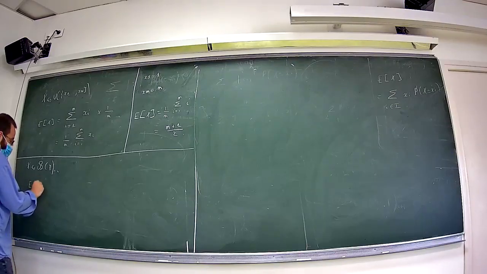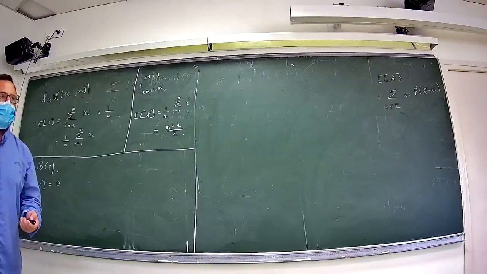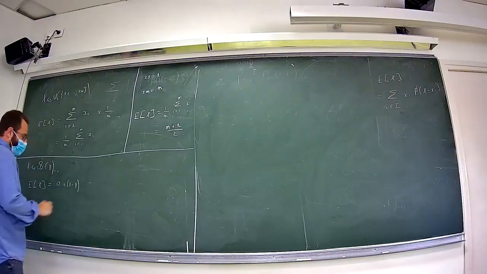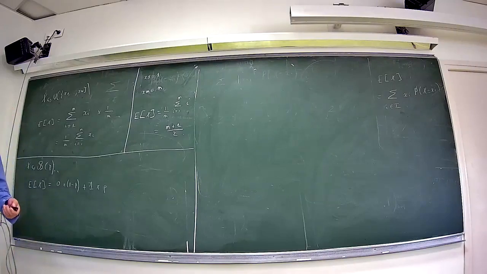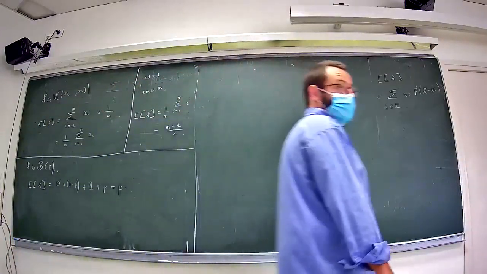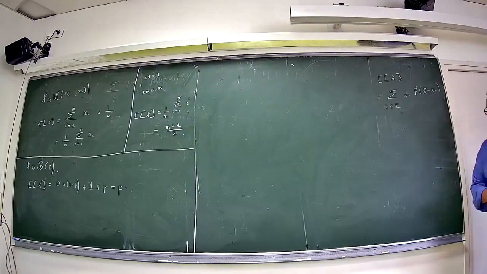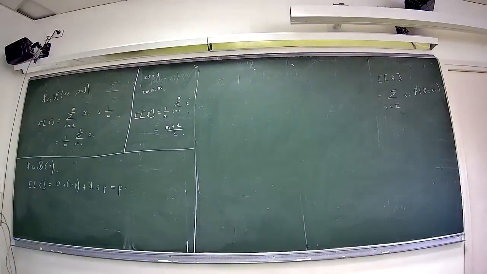And I obtain 0 times the probability to be equal to 0, that is 1 minus p, plus 1 times the probability to be equal to 1, that is p, and so I obtain the expectation of a Bernoulli of parameter p is p. Okay? So to continue in this case here,